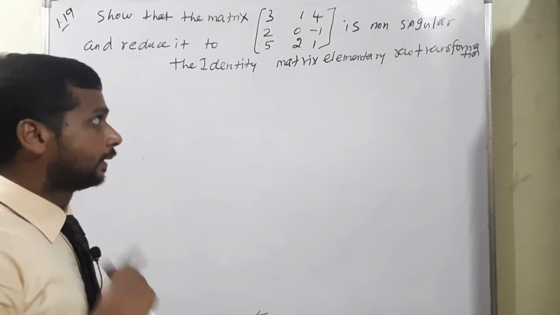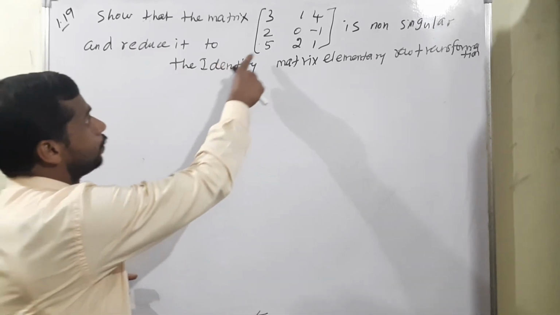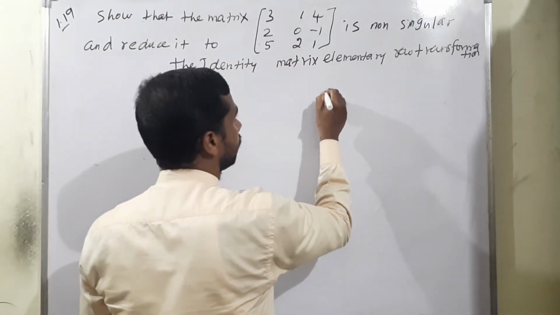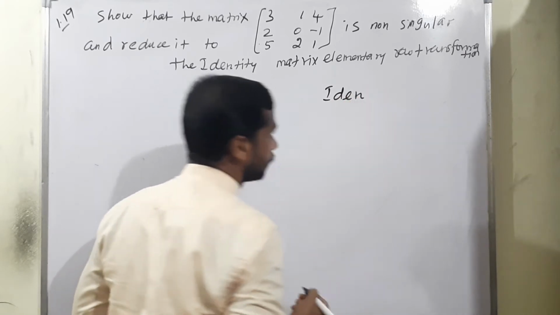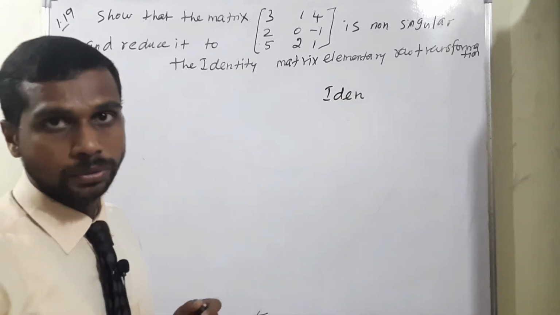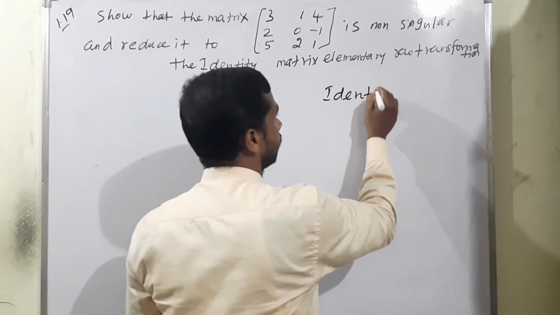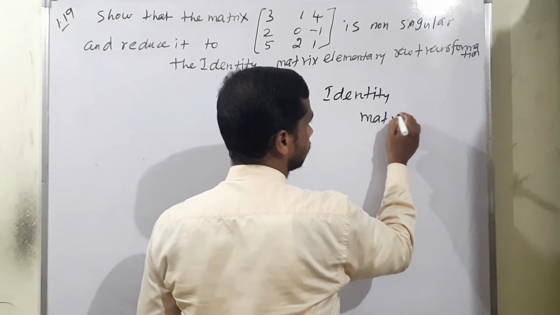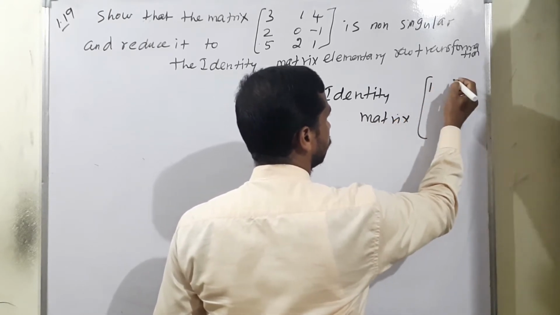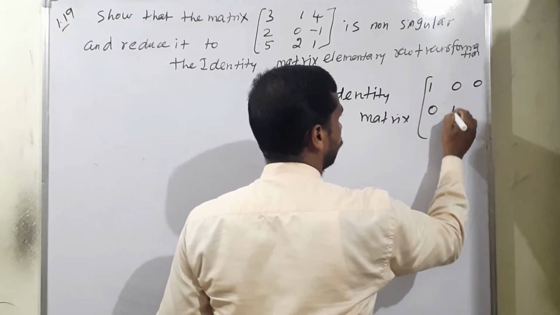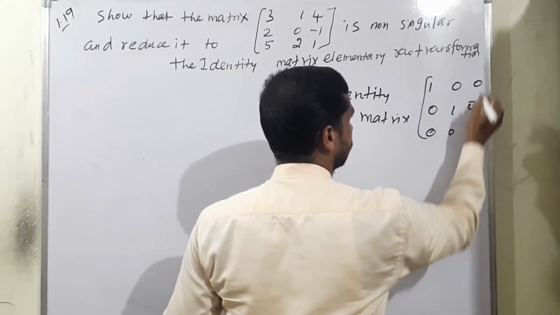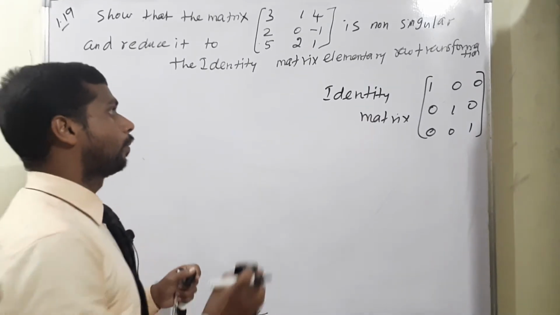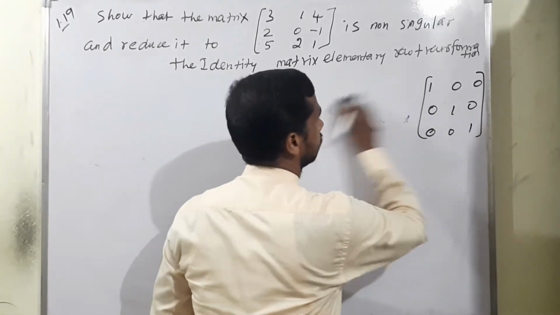First condition. Second condition, we have to reduce the given matrix to the identity. What is the meaning of identity matrix? You know, isn't it? From lower grades onwards you have been studying the identity matrix. With a 3 into 3 matrix, we have to show the result 1, 0, 0, 0, 1, 0, 0, 0, 1. This is called the identity matrix of 3 into 3. Okay, one by one we can discuss. Listen.